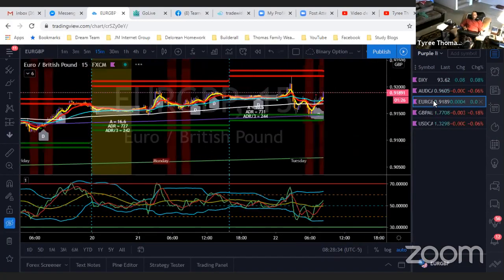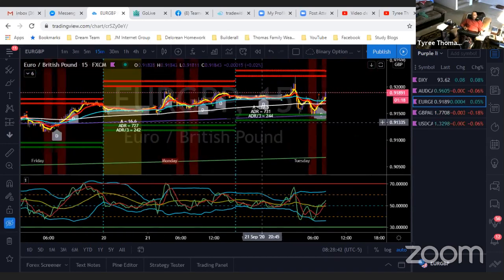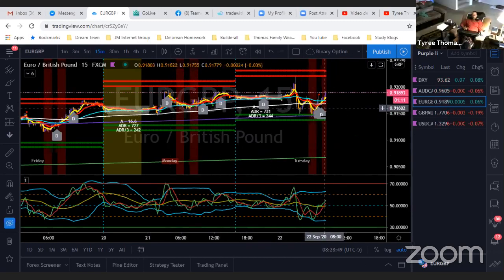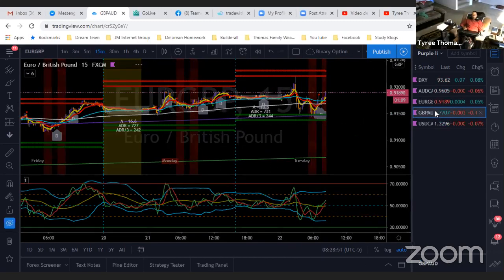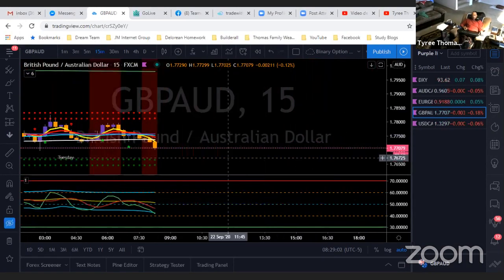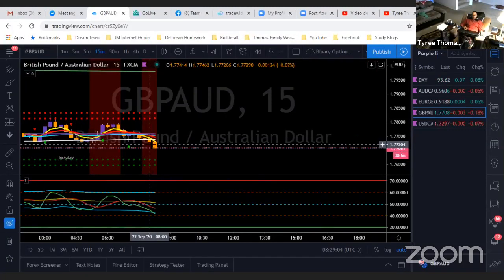So EG went up. Okay, this is today. So we know EG is basically still in reset. It's ranging, so that's not something we would have traded. And we see the pound pair from yesterday to today still in reset. It's not ready to move. It looks like it's trying to move right now, but it's not something that we would deal with,